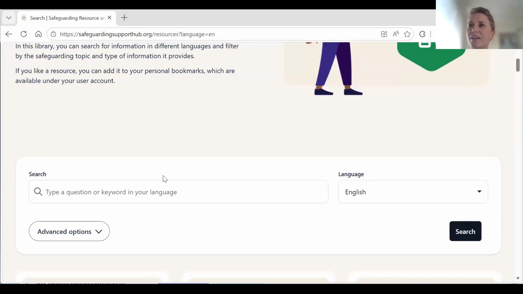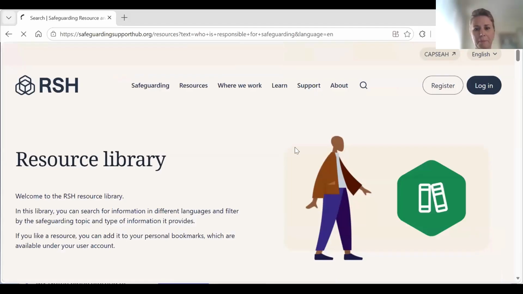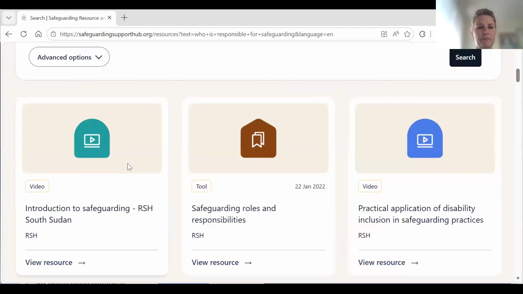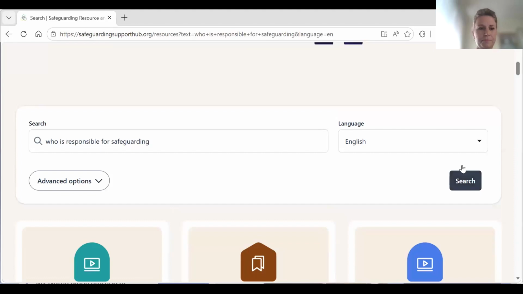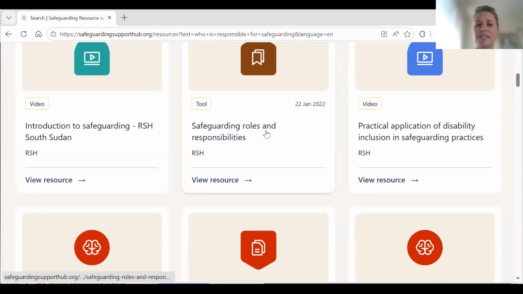Let's start by asking it a question, such as, who is responsible for safeguarding? And it gave me as a result an introduction to safeguarding document, or a safeguarding roles and responsibilities document, which will probably answer my question.